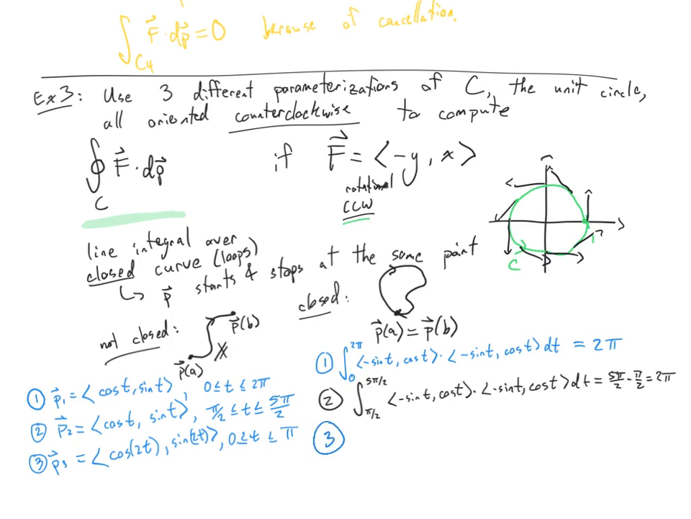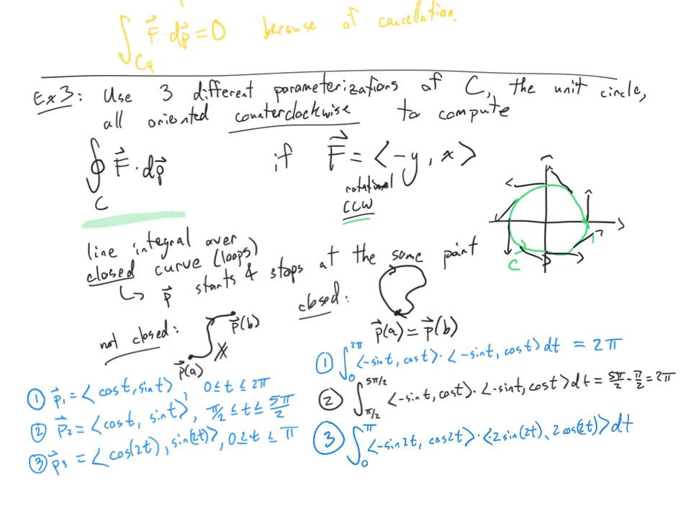For problem 3, though, we're going to get things a little bit differently. So when I plug in for p of t, I go from 0 to pi for my bounds on t. F becomes minus sine of 2t, cosine of 2t, dot, and my derivative, oh, now there's a chain rule term, so I'm going to pick up a 2 for each of these. So 2 times minus sine of t, minus sine of 2t, 2 cosine of 2t,